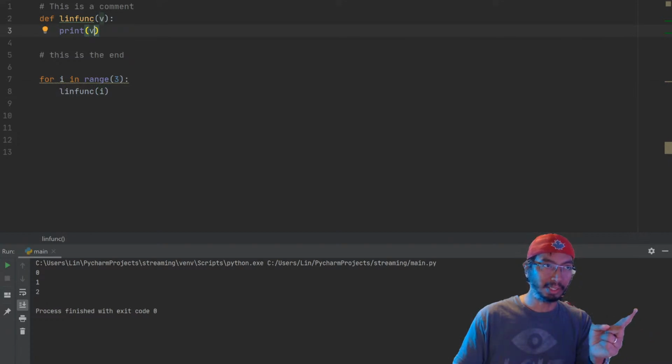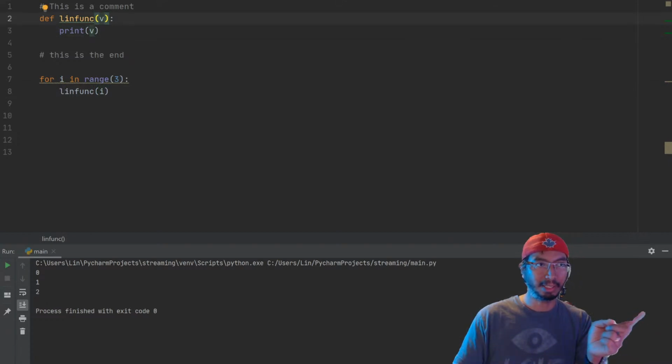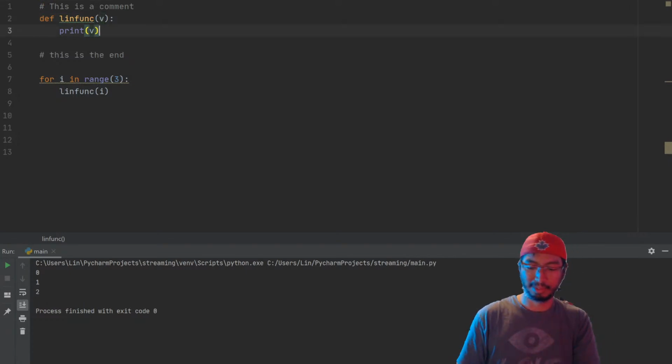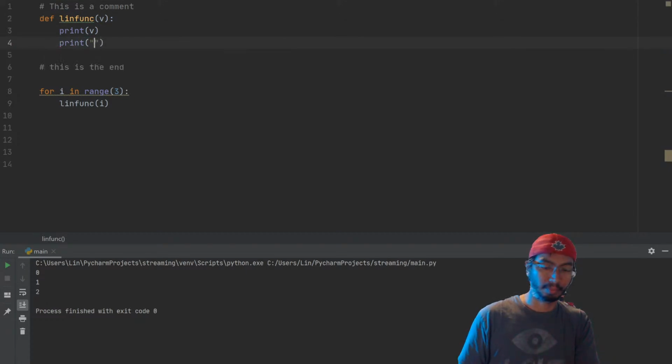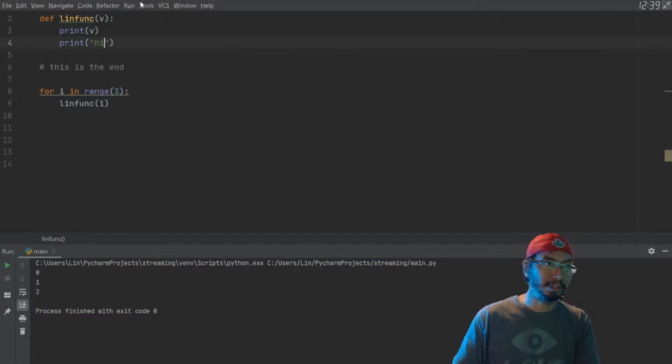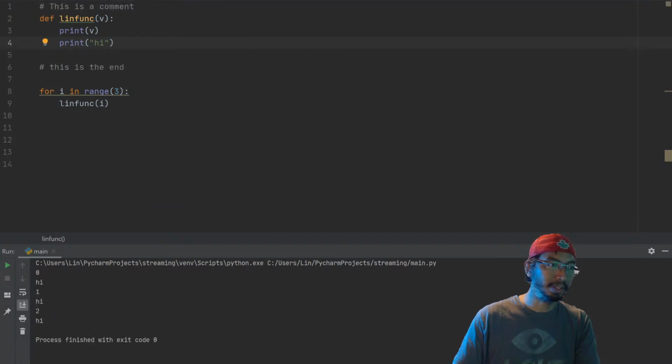That actually v here gets replaced with 0, and then it prints it. And if I do that, it's going to do everything in the function multiple times. So you can even have, obviously, or not obviously,